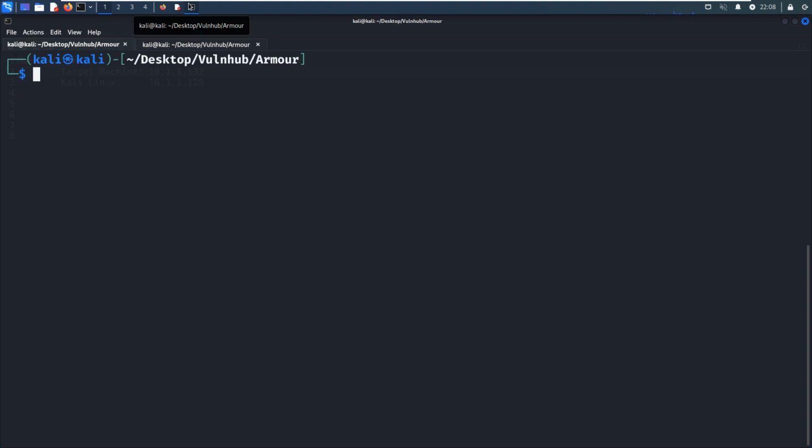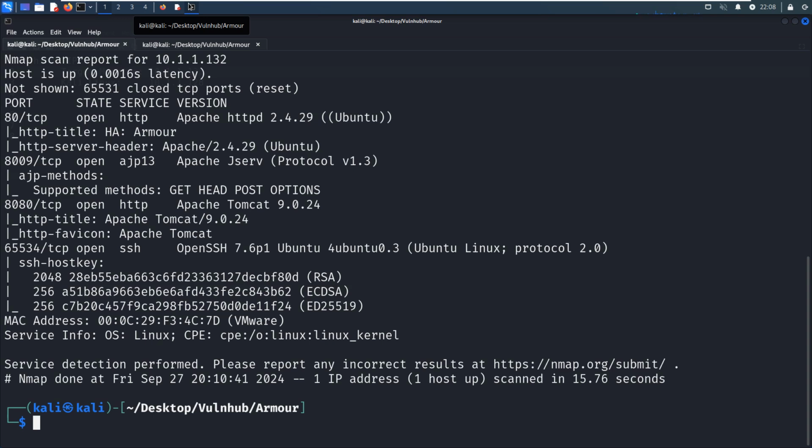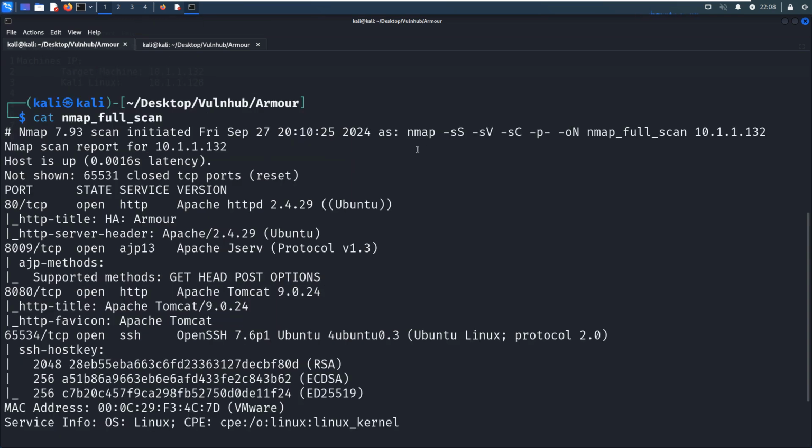We need to do the port and service scanning with Nmap. To save time in this video, I've already completed it before, so for now we just cut out its result. As you can see over here, I used the -sS option for the SYN scan, -sV for the version of services, and -sC for the default script scan.